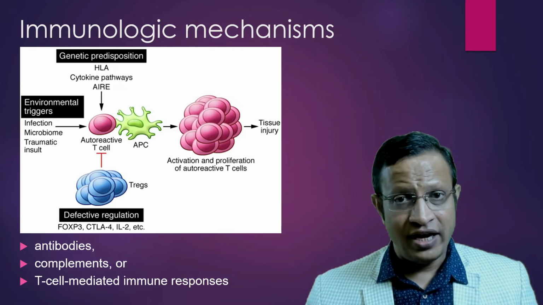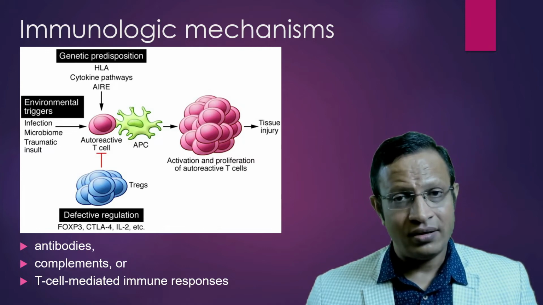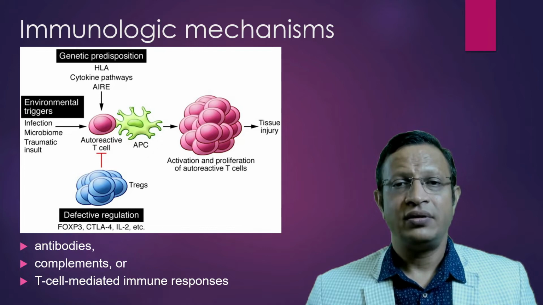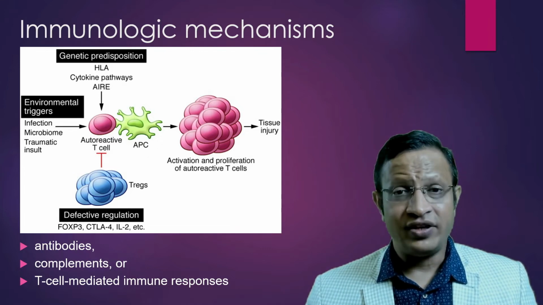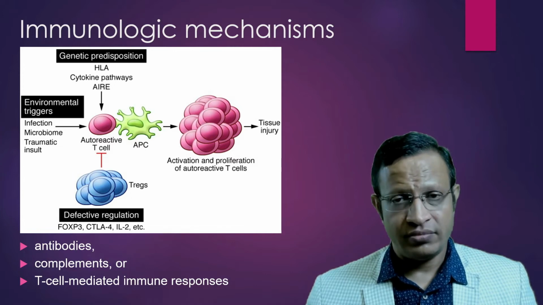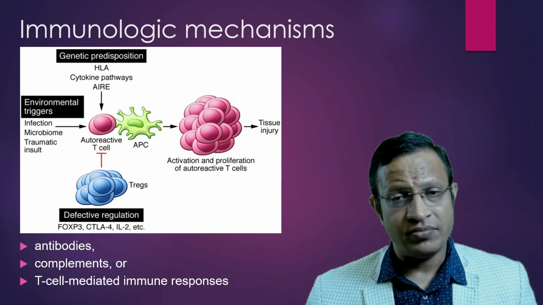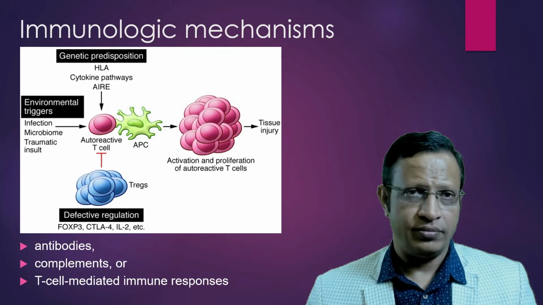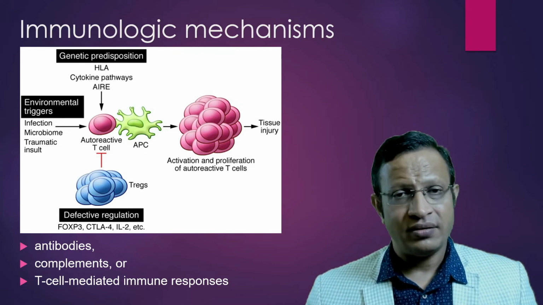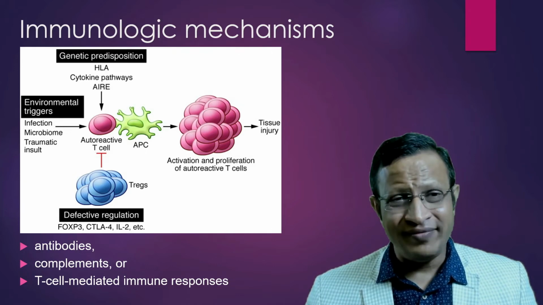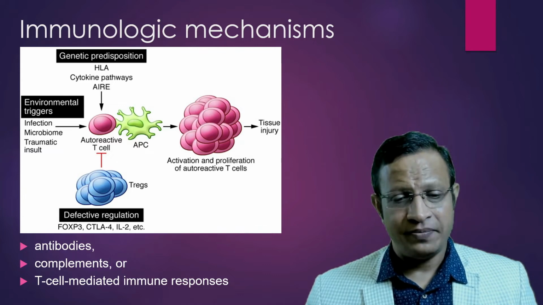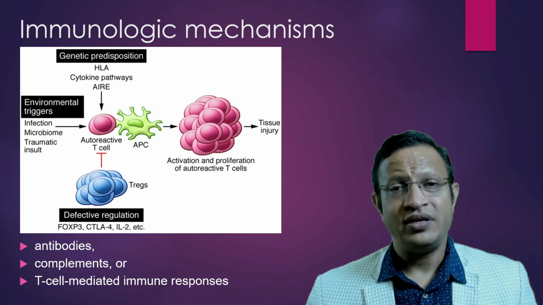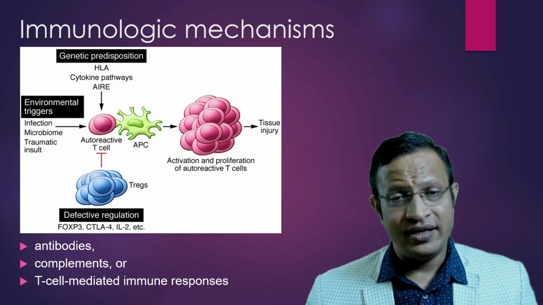That means environmental factors can trigger the proliferation of T cells, which can attack our own cells. Further, genetic predisposition, especially polymorphism, can play a crucial role. The cytokine pathways can also activate the T cells. Once the T cells are activated, further proliferation of T cells can occur and these T cells can attack our